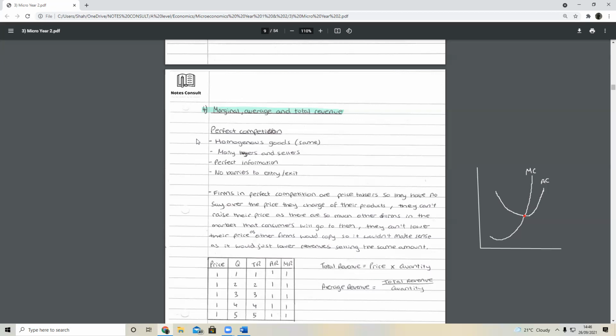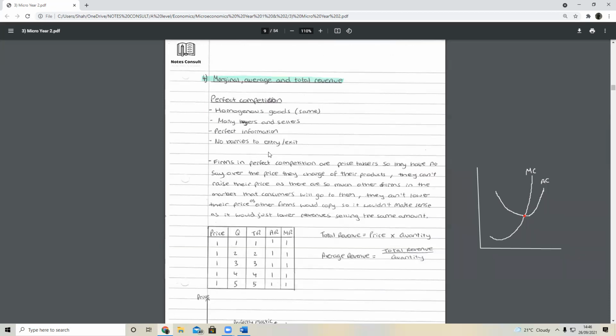So now, the best thing to do, well, if that farmer sees that the going market price is £1, then every farmer is probably going to charge the same price now. They're going to actually charge the same price, because there's no point of them trying to have a price war with each other, because they're almost going to start selling it for free, and then they're going to go out of business. There's no point producing. And so that's what I mean by perfect information. They have the same level of information as each other.